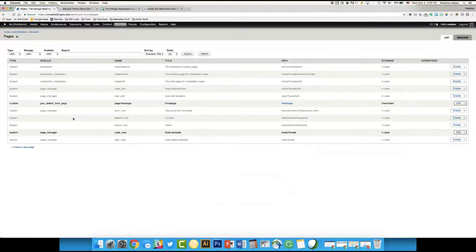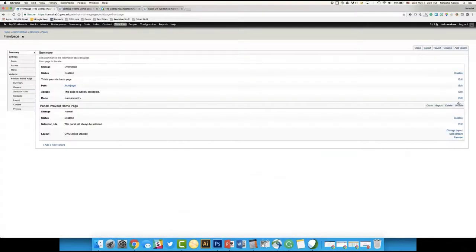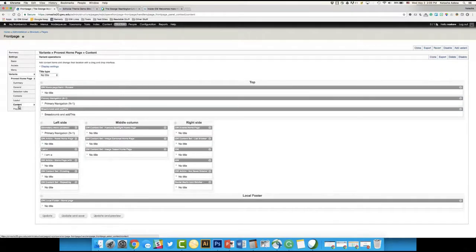And then you'll see a listing here for front page, and that's your home page. It's always going to say overwritten because we're all making changes to our home page and adding different content themes to the home page to support the content that we need. Once you click on that edit link, and you then go to the content menu item here, you can see all of the content panes that are